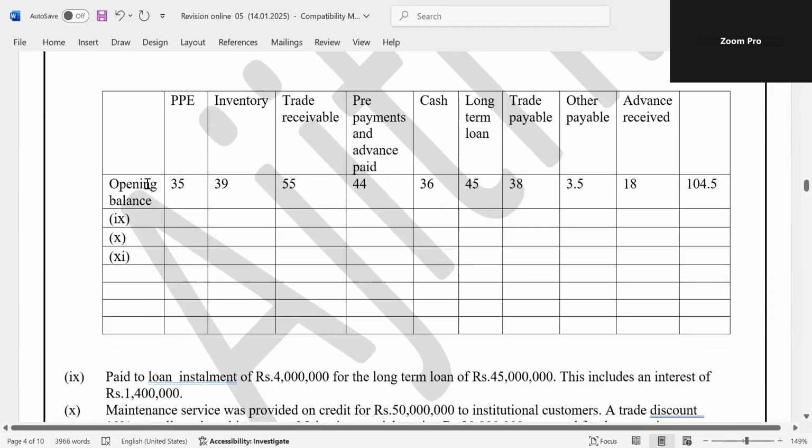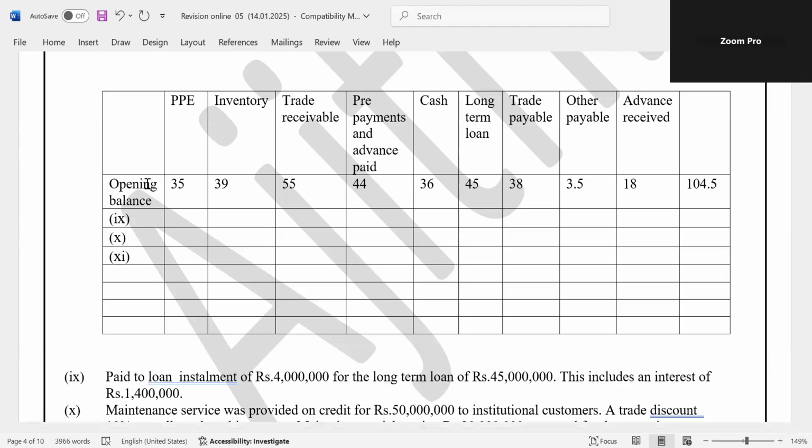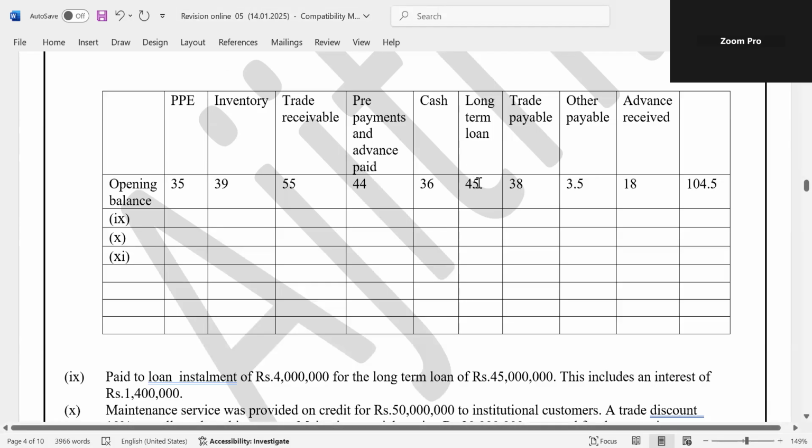Paid loan installment 4 million for the long-term loan of 45 million. This includes interest of 1.4 million. Think, the long-term loan of 45 million is the available opening balance. We paid 4 million to settle it, but it includes interest of 1.4 million. Very important, ninth one. Paid loan installment 4 million, but it includes interest of 1.4 million. Given for the long-term loan of 45 million. This is paid to settle this loan. Think, the paid amount equals